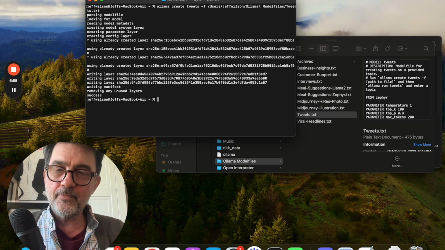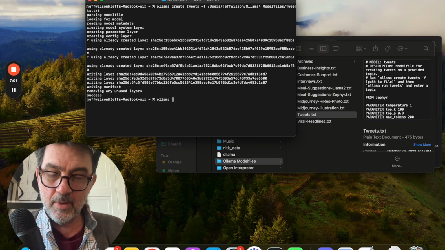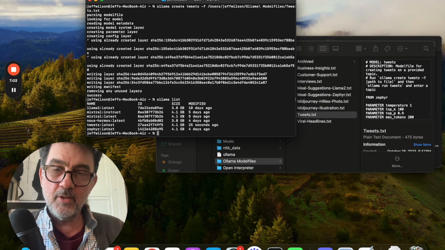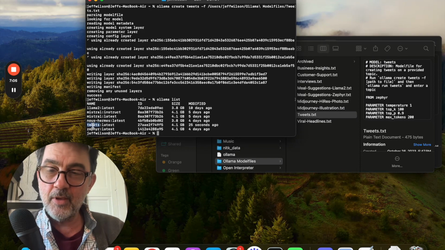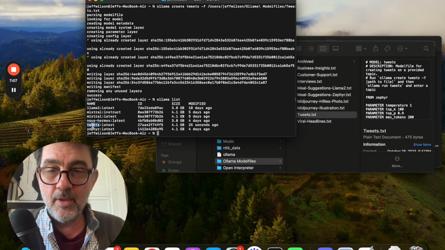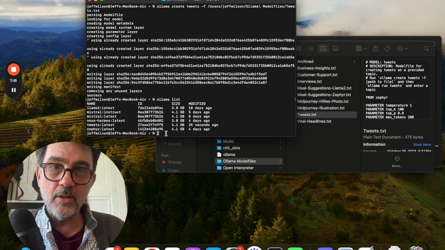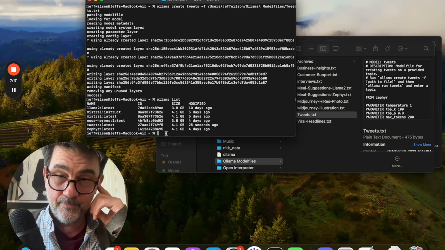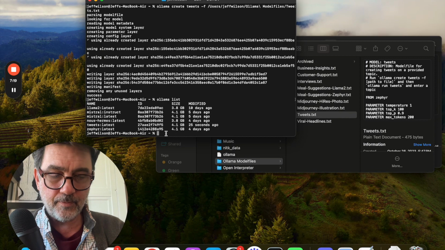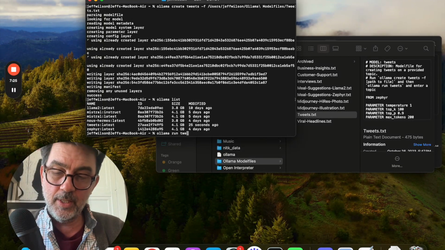So if I type in ollama list, these are all my models. You can see now that I've got my tweets in here as well. And I run this the same way that I ran the other one a moment ago, right? So as far as this is concerned, it considers it to be a whole new model specific to itself. So let's see how that works. So we type ollama run tweets